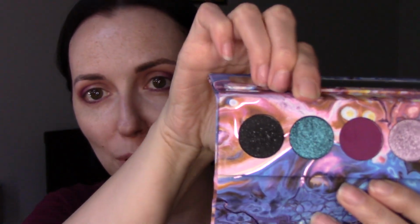And now we're going to go in with this beautiful color called Neptune. It's this gorgeous sort of duochrome blue that just has so much texture and dimension to it. I'm just going to go in on my finger and spread it all over the lid, sort of patting it on, not going quite to the outer corner. I don't want to cover up that whole darker area I put on, but just starting to cover it a little bit and then tapping it out so it's just a wash over the outer corner, and it's pretty